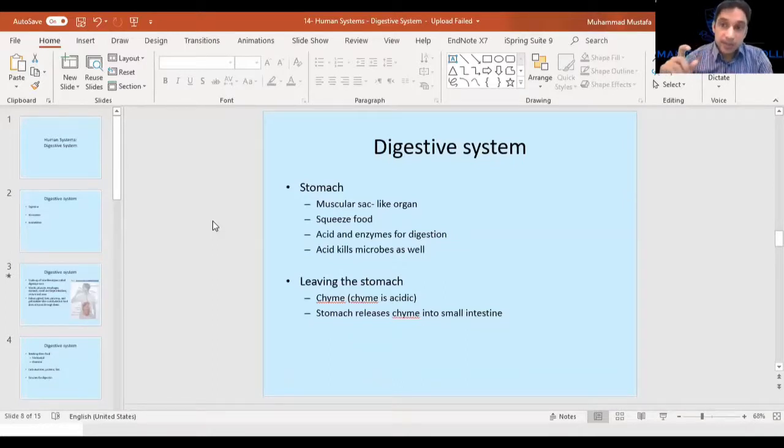Like the stomach is not contracting well, the stomach is not producing enough enzymes, so it is not able to digest the proteins well. The intestines are not provided with enough enzymes. The water is absorbed a lot, results in constipation. The water is not absorbed enough, results in diarrhea. We will see those things. So there are several troubles associated with different components of the digestive system, like the opening of the stomach is not regulated well, so it is difficult for the stomach to keep the food. ऐसे लोग बहुत वॉमिट करते हैं, उनको नोजिया रहता है अक्सर।